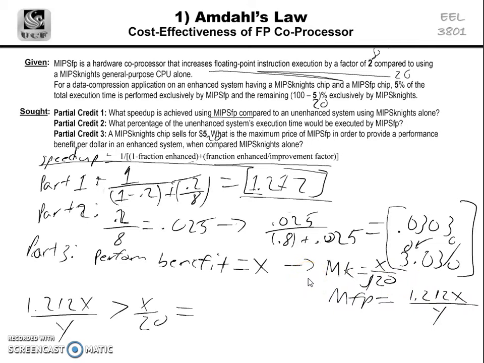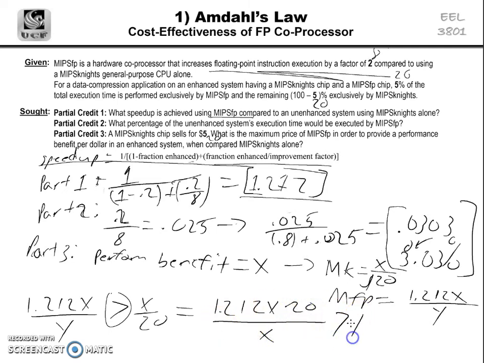first problem. Now, from there, however, I need a maximum price, which is why I have y here. And in order for me to find a maximum price, I need to do a comparison here. So I set MIPS FP greater than MIPS Nice by itself, due to the fact that when you bring over y, you want y to be less than whatever number you finish with, because we're looking for the maximum. In simple math here, I multiply both sides by the reciprocal of the right side, and then I multiply both sides by y. That way I get my x's on both sides, and I end up with this